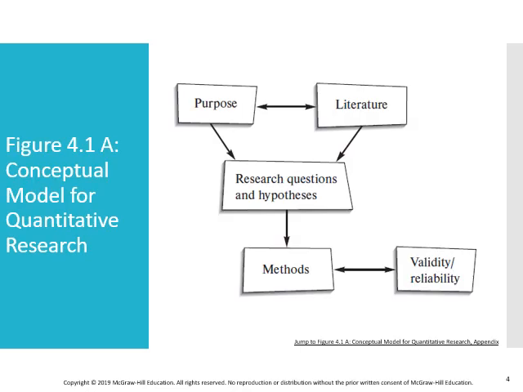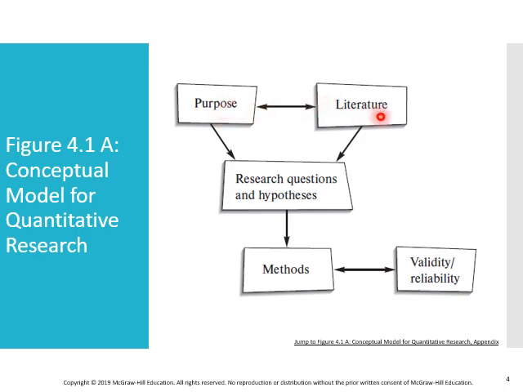Here we have the conceptual model for quantitative research. Recall in the previous slide, we start off with a purpose, a research problem that we're interested to pursue. We investigate what other researchers have done in this area of work. And you notice that there is this two-way arrow. So it's not just one way from purpose to literature, but the researcher can also backtrack to revise or tweak the purpose that the researcher wants to use to inform the research. So the researcher can go back and forth since this is a two-way arrow, or the researcher could move from